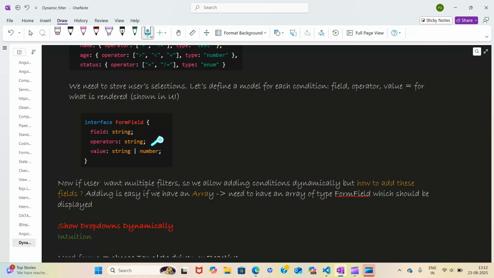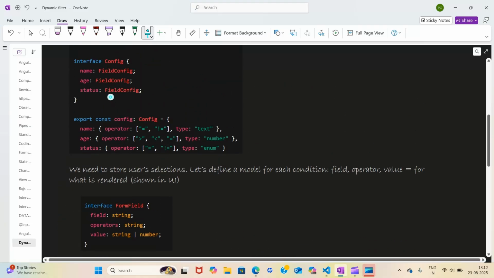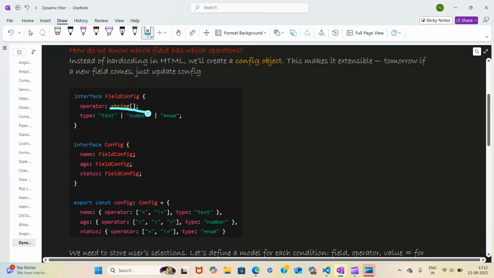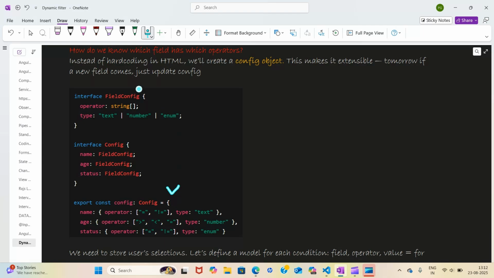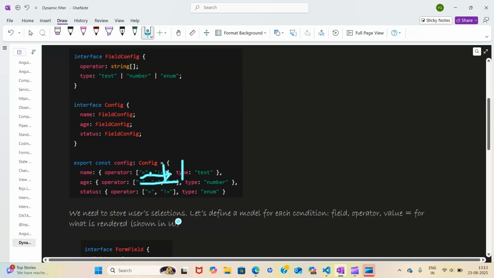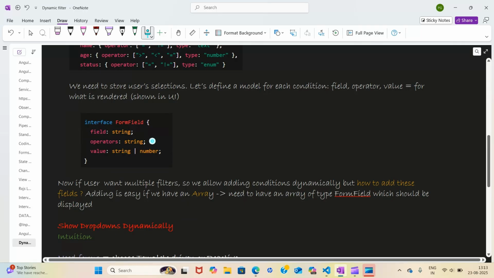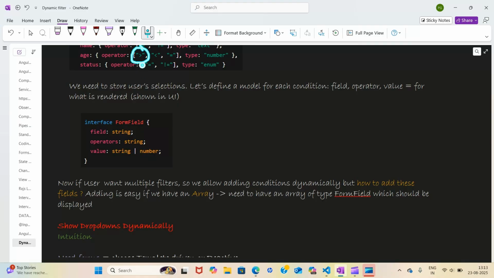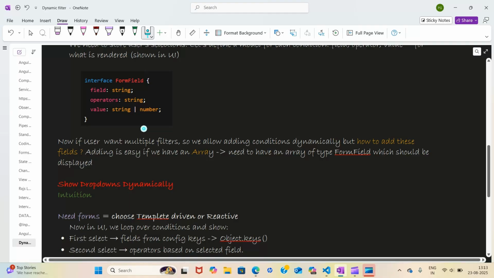Now you might say, wait, I have operator here, but it was a string array. Why? Because here the data was from backend, and in this string array, we will be having a series of data, right? These were many, but when the user will give only one operator, it is of what, string only. So that's why I have used string here. Okay. Now value can be either string or number, so I have given this.